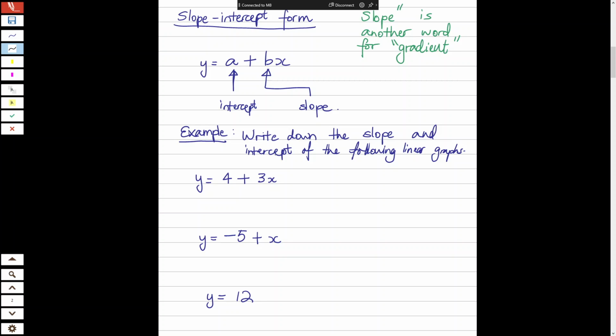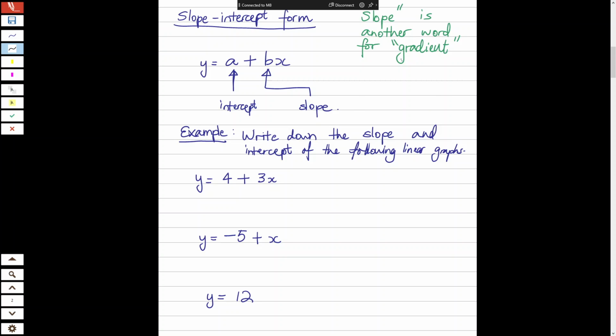All right. So I believe it's in year 8 where you meet this thing called y equals mx plus c, gradient intercept form. That thing that we learned at some point. Okay, so